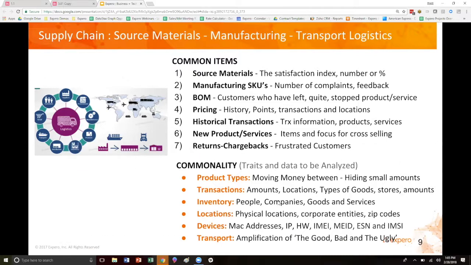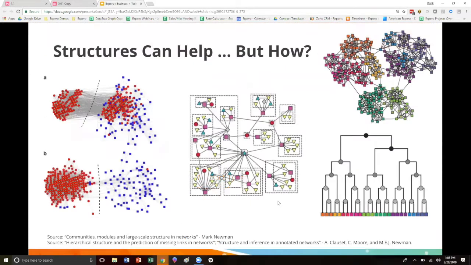And then ultimately when we get to the last leg of transport. So now we start to think about, well, okay, Scott, we see that graph is interesting. We see that it might be able to help us. And these are just a few of the visualizations of where we start to go now, which is this concept